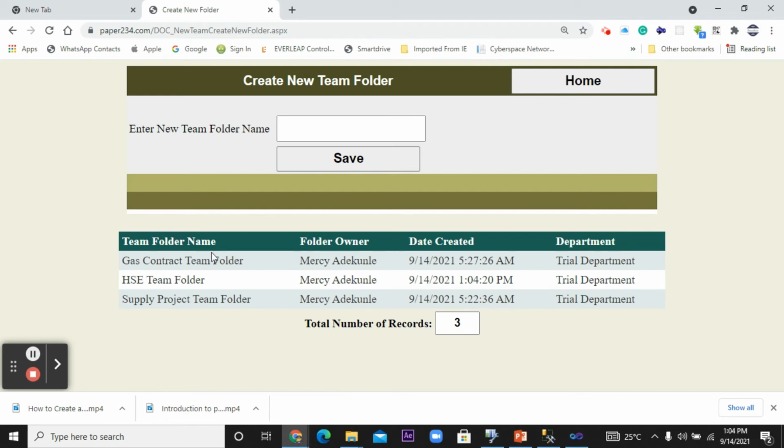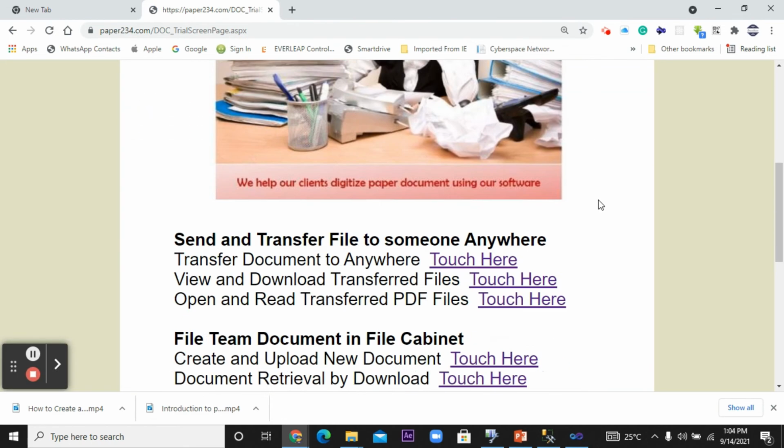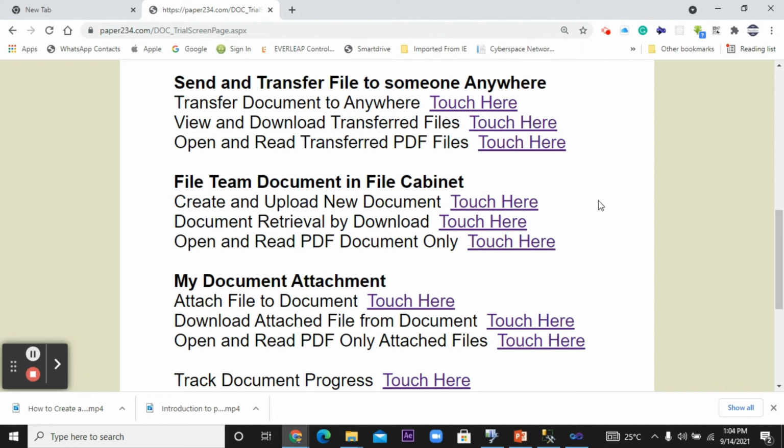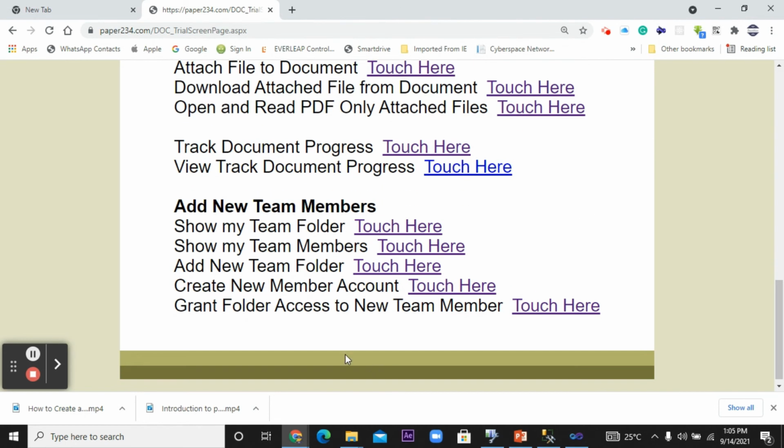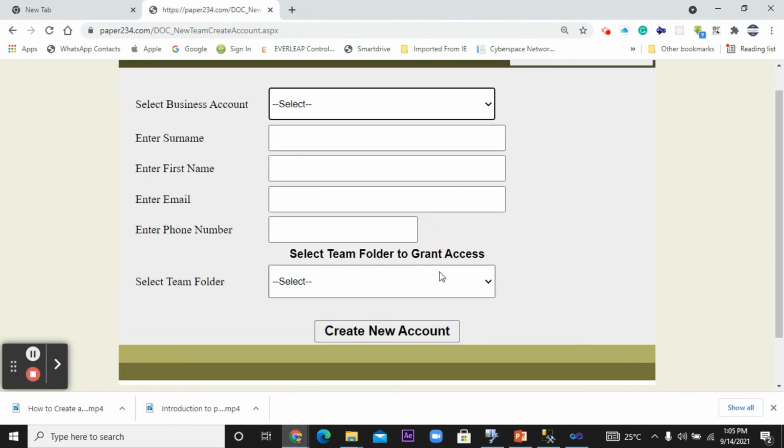She can share these folders with members of her team. And the one that she wants exclusivity, she alone can use it. But the administrator of this system can access the folder that she has. Okay? It's only the administrator that can do that. Now she can decide to add a team member. So this is where she can create access for someone to be able to access that folder.